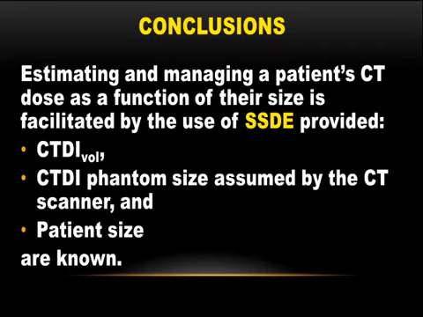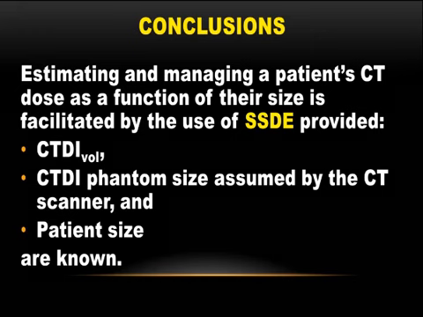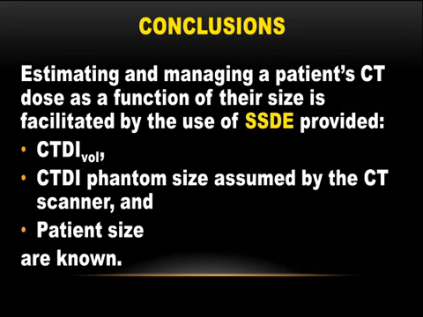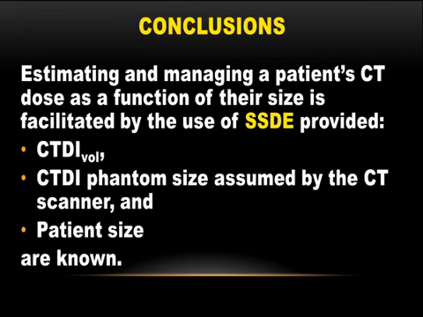The question is, can you use weight instead of age to estimate patient size? And obviously you can use weight. It's best if you use weight and height. I mean, obviously I can have a very tall person that's going to be heavier than a short person, and they could have the same effective size. Okay? The problem with weight is you don't necessarily know weight at the time you do the scan. You probably know the patient age, and you obviously have the patient available to you, and you can quickly measure their thickness. But you may not have a scales available to you to measure the weight, and I don't know of any department that goes to the trouble of measuring patient height. So